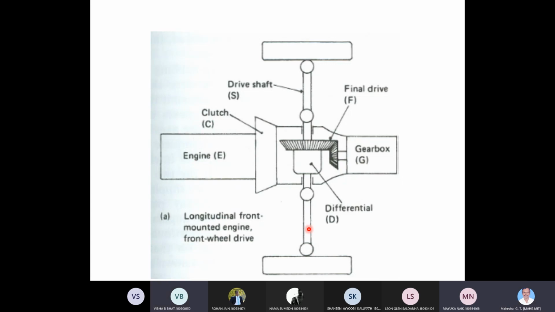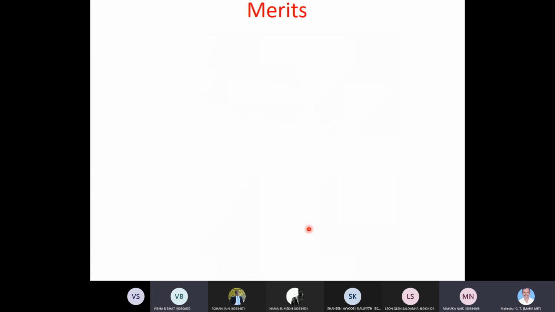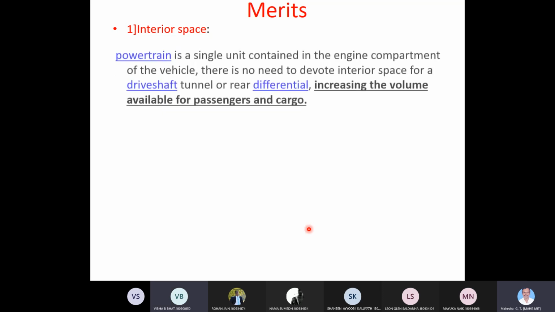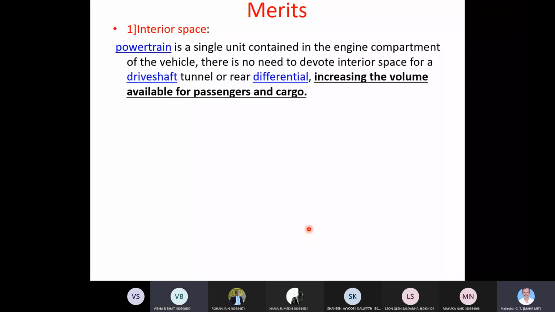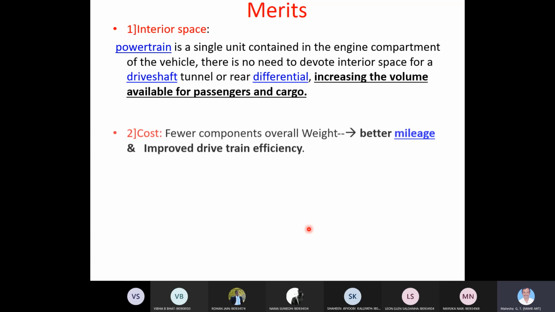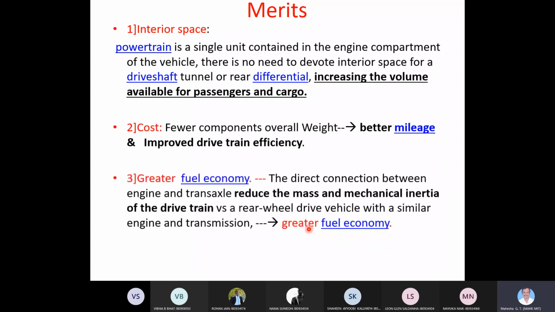Okay. So these are the advantages of both these two. Holistically we can now say these are the various advantages of front wheel drive layouts, both the previous and this one. I think these are self-explanatory. I am highlighting them. The ones which are made bold, you can take as the keywords with which you should be able to explain. I need not explain them. If you want any explanation from me, please ask.